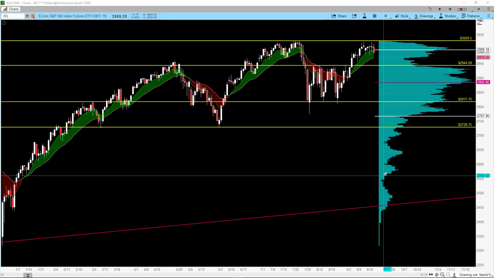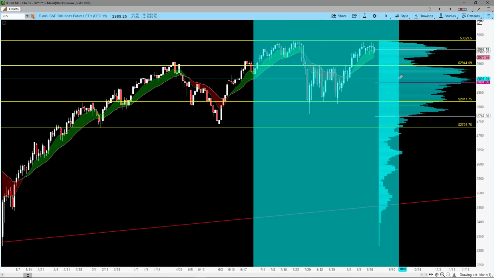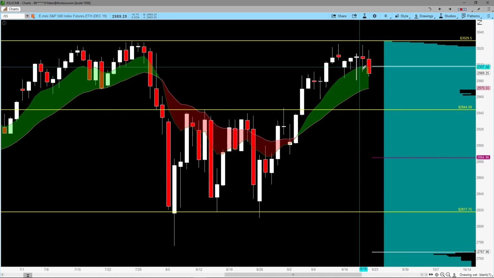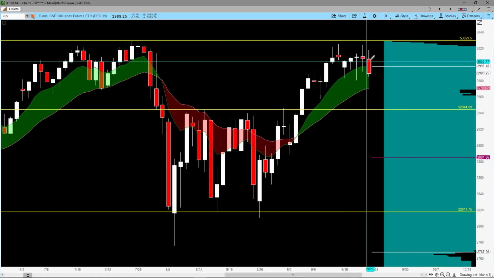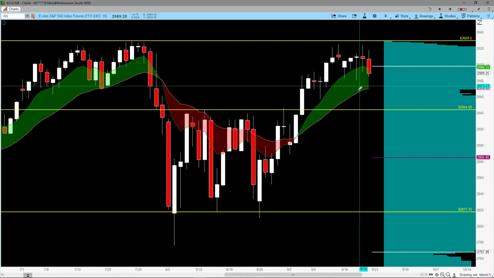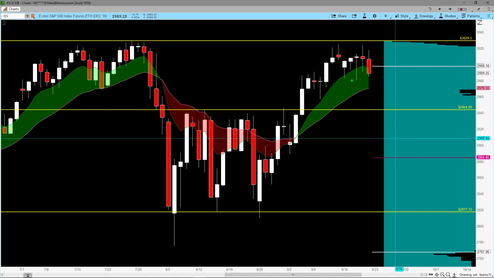Looking at the E-mini S&P 500 future ES, you can see that it also tried to get up to the all-time high here. On Thursday, it had a spinning top type of doji candle. Then on Friday, it basically met some sellers up here and kind of sold off. So in the near term, basically looking to see if it would get a bounce off of this pivot low here, and then proceed down to this 2944, and we might also see a little bit of a bounce off of this pivot low